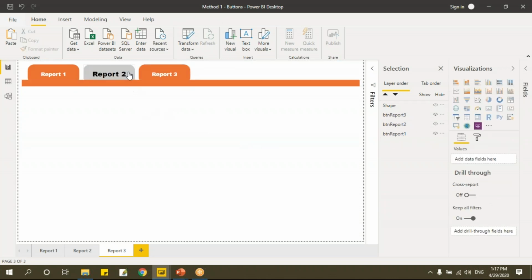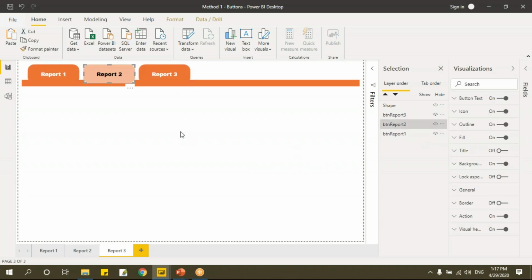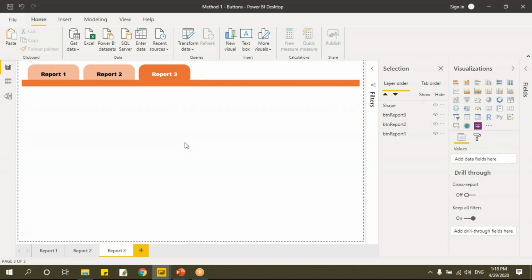See, now let me select this report 2 button, report 2, format painter, select report 1 and paste this. Yes, now all the 3 buttons are ready. So if you go here, first sheet is activated, then here second sheet is activated, then third sheet is activated.